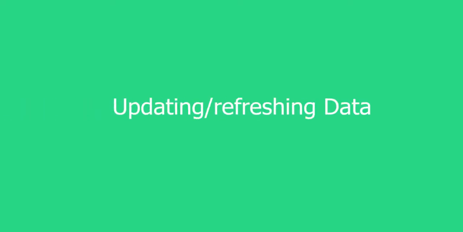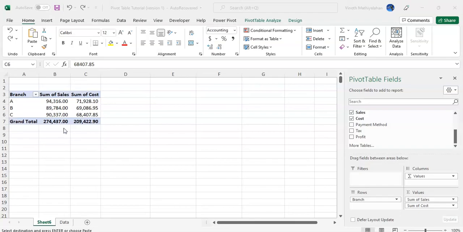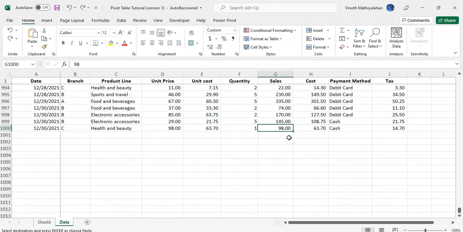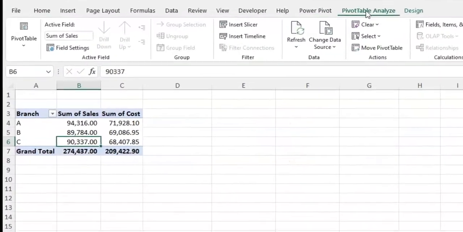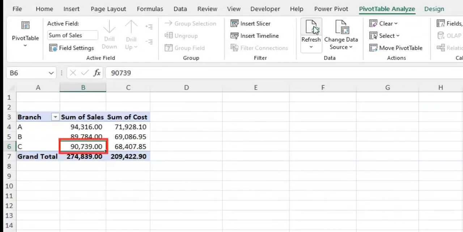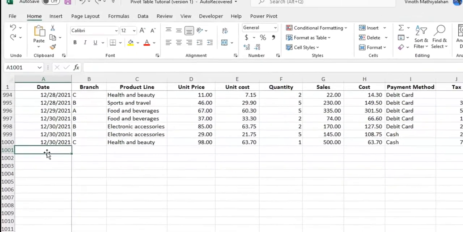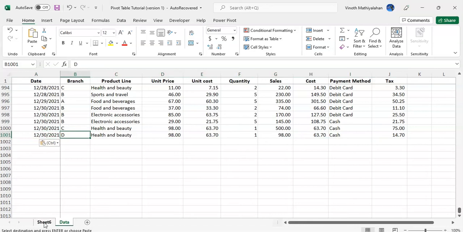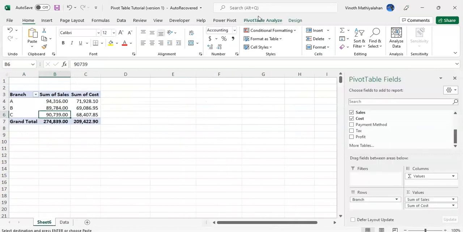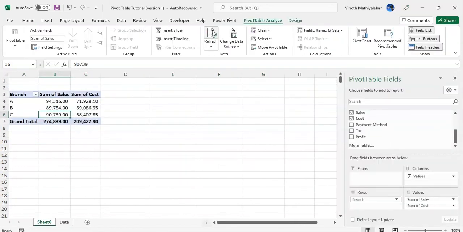Let's now learn how to update or refresh your pivot table data. So if there's any change in your source data, you simply have to click anywhere in the pivot table, go to pivot table analyze and click on refresh to update your pivot table. Now I'm going to add a new row to this data, which is a new branch. And if I go back to our pivot table, click on refresh, you won't see the new branch